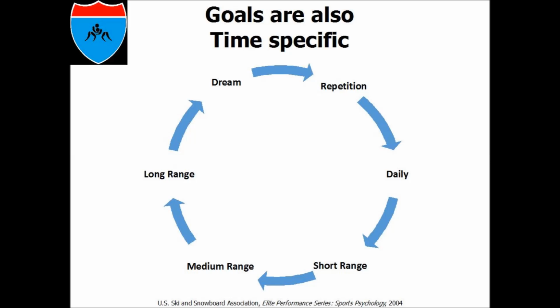Goals are also time specific. That last slide showed you the three types of goals, and I think you can narrow it down to two. All of those types of goals are going to have this sort of continuum or circle, so that there's a time period being made. Hopefully this will make sense to you. Dream goal. I'm going to go in reverse, then I'll go back the other way.